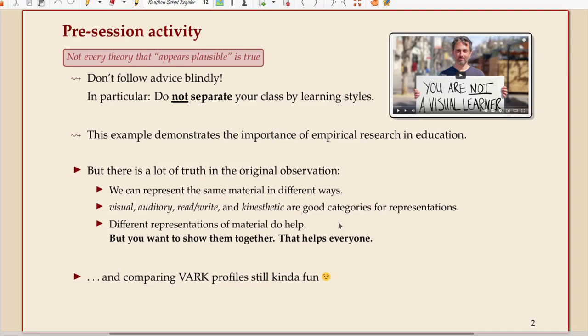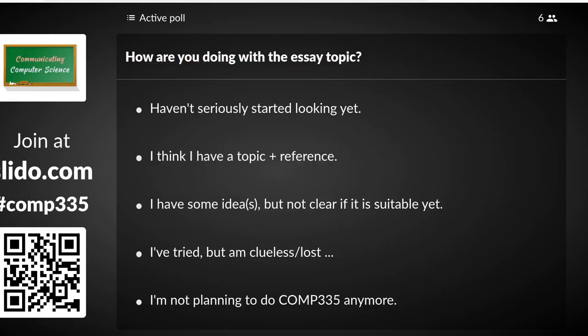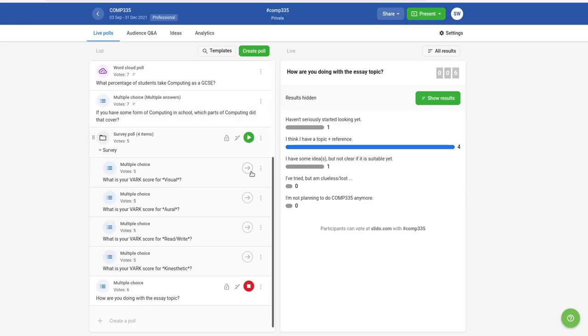And it's still somewhat interesting that maybe people have a certain preference for different representations, but it's probably quite dependent on the task. So I should probably have asked you to think about a specific task, learning about a specific topic, and then we do the evaluation. Some of the questions were specific, but still, if we have a look at